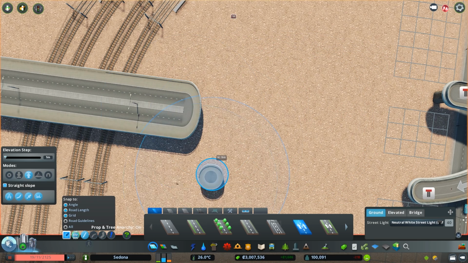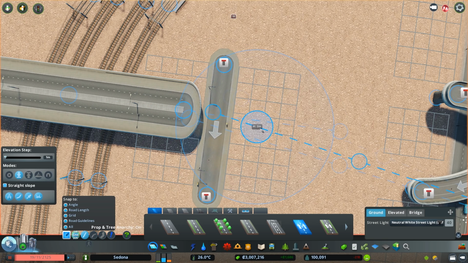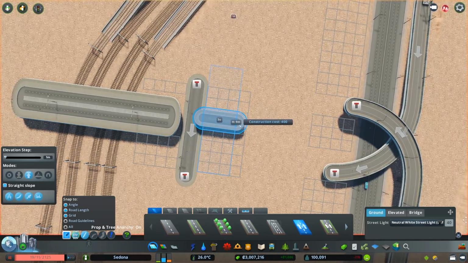I wish there was a grid here of some sort. Well, what I could do... Get a road guide here. Okay, there's a road guide. So if I go like this, stick it on the ground. Like that. Okay, now if we go up to, yeah, 9 meters that was, then we should just be able to use the road, or the grid here to build the roads. So that, and then